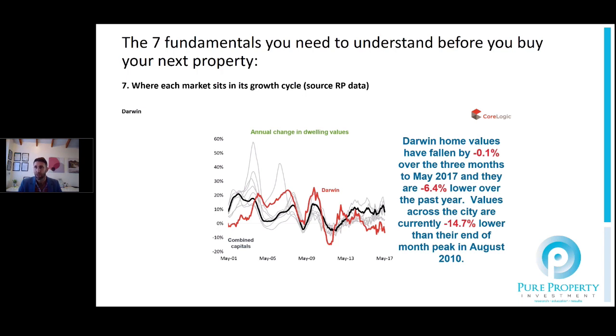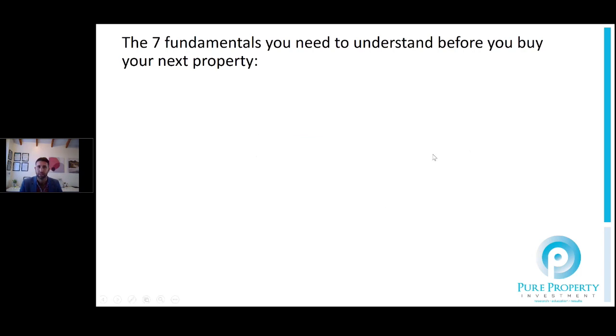So yields are good in that market. They most certainly are on average sitting at 5% plus, so you're getting good return on your cash. However, obviously, again, we're not investing for that cash in general. We're really trying to get the cash flow in that market, which is what hopefully was always going to allow you to hold that property through growth cycles. But I just don't think we're going to see strong growth cycles anytime in the near future, unfortunately, for that Darwin market. So personally it wouldn't be in my top 5 picks.